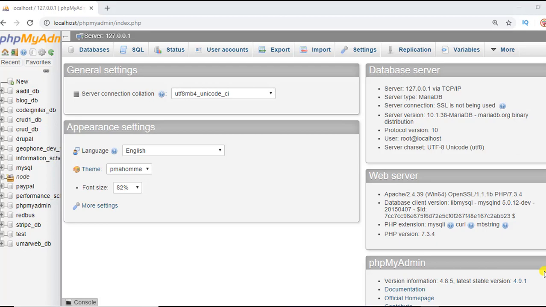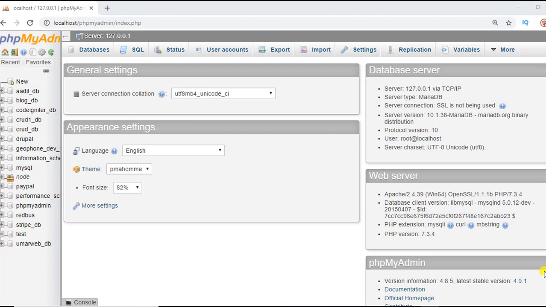Hello friends, in this video I am going to create a trigger. So basically a trigger is a database object which is associated with a table, and this is invoked once you perform database operations like insert, update, delete. So basically this concept is used when we want to maintain a history of database operations which are performed on our